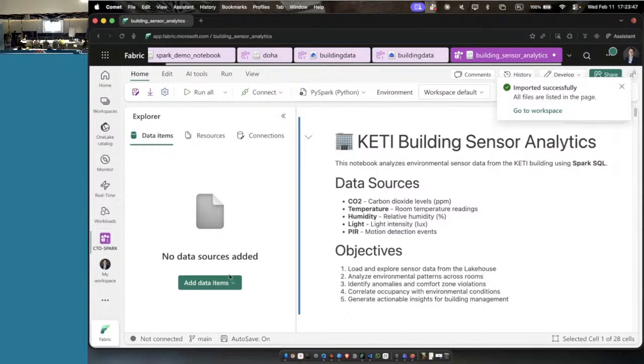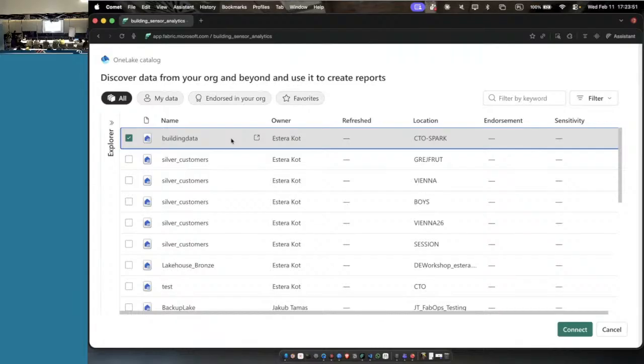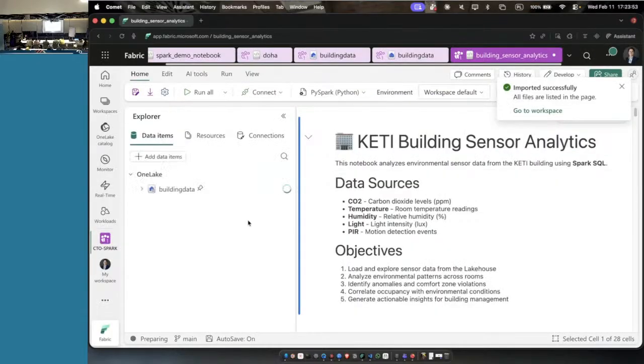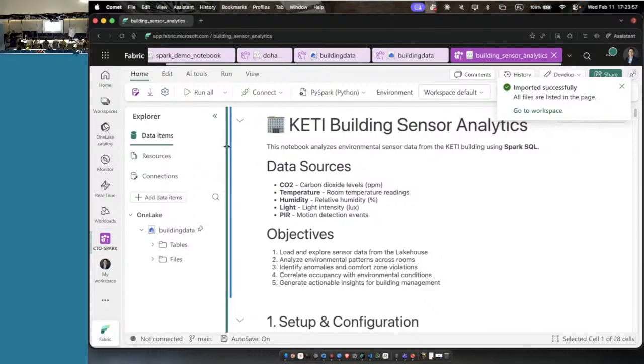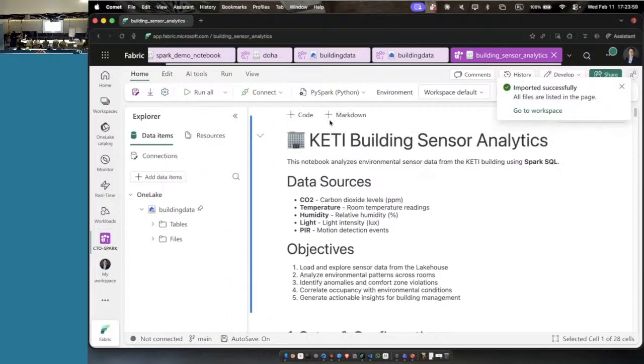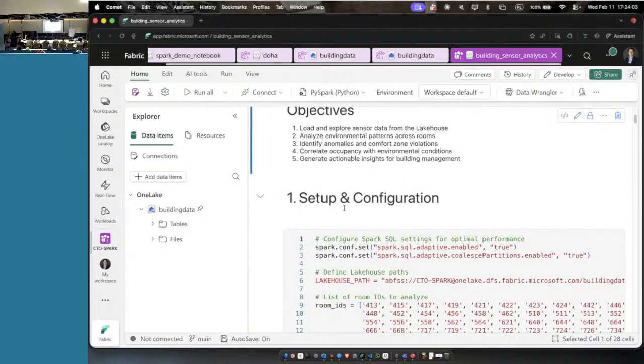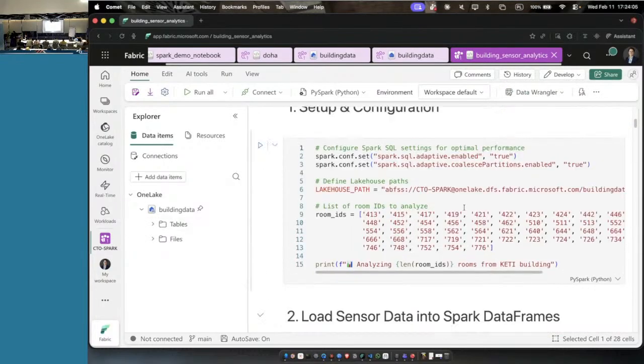Let's go inside. Now I need to add a lakehouse, so a source of data, to every notebook. And documentation has already been prepared for me, right? So no need. I added the lakehouse. Here, I assume there will be some error related just to the lakehouse path, but let's see. Let's try it.